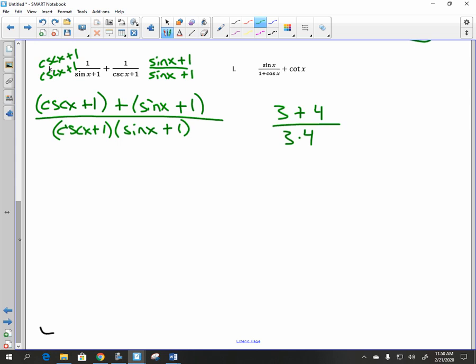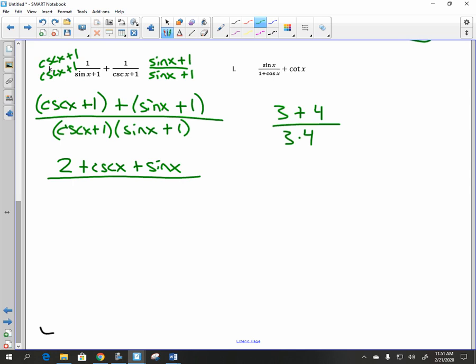So we tried finding common denominators, and I always like to leave the bottom factored until I really don't have any more options. So let's multiply the bottom out. But first, what can we combine in the top? 1 and 1 make 2. So we get 2 plus cosecant of x plus sine of x. And then the bottom,